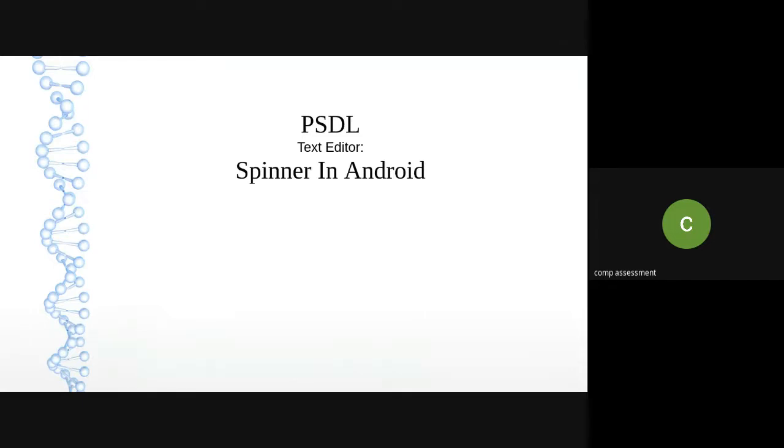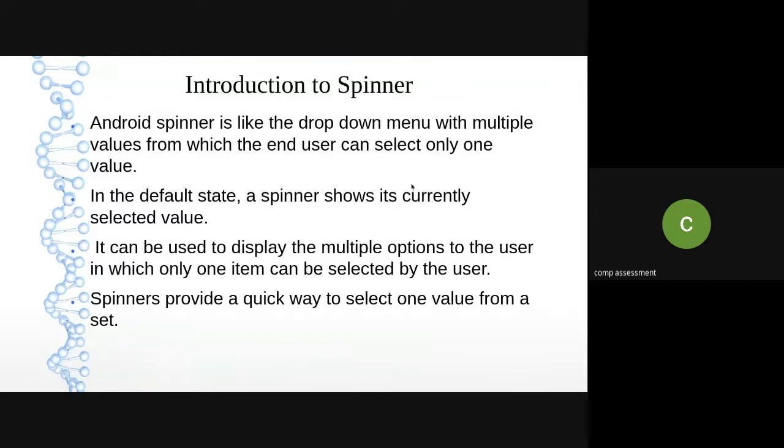Am I right? So we can do the simulation of the text editor in Android. That is your second assignment. So in order to implement a text editor using Android Studio, you can use a spinner widget which is there with Android Studio. So how can I use the spinner? What is the spinner? How can I access the elements of that spinner? I am going to let you know, so that you can use this spinner widget for your text editing assignment.